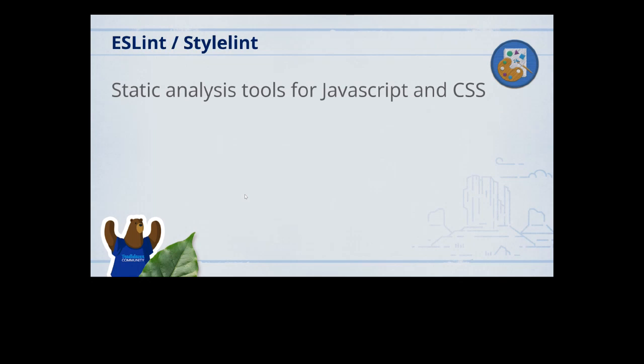And then lastly, I lumped ESLint and StyleLint together because they're static analysis tools for non-Apex related things. Now with Salesforce Lightning and Lightning components, you're going to spend a lot of time writing JavaScript and CSS, and those are not things that you should ignore. Again, you should have style rules for your organization, for your JavaScript, and for your CSS, and then pretty much anything else you got. If you're using TypeScript to compile down into JS, I think ESLint does TypeScript as well, but use a linter.